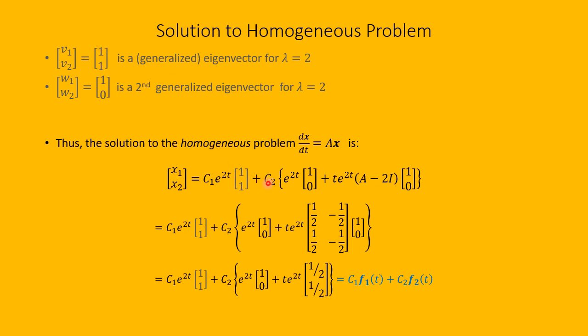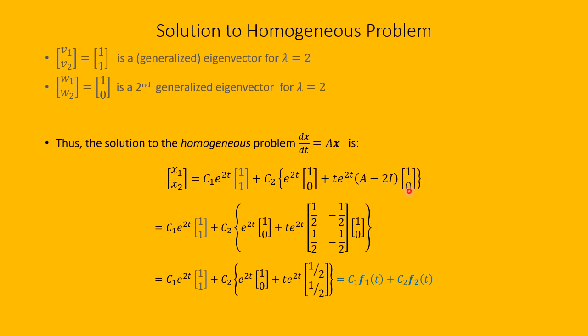And then we'll have another arbitrary constant, c2, times e to the 2t times that second generalized eigenvector, (1, 0), plus t e to the 2t times (A minus 2I) applied to that generalized eigenvector